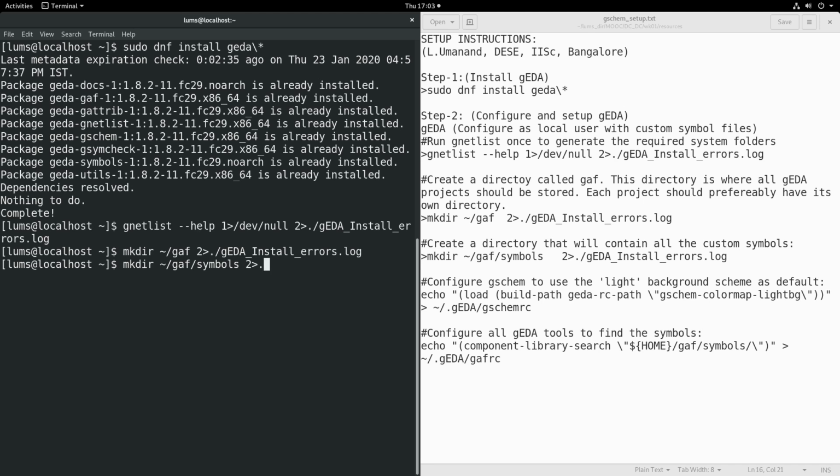I have made a list of symbols, a collection of symbols which you can utilize. I will share them with you, and we will download that from the website, and you can place it in the symbols folder. So in the symbols folder that will get created,